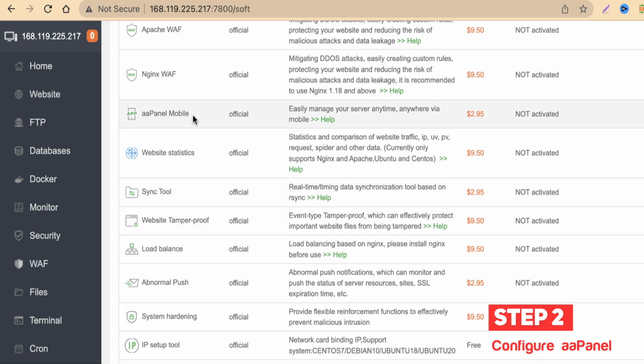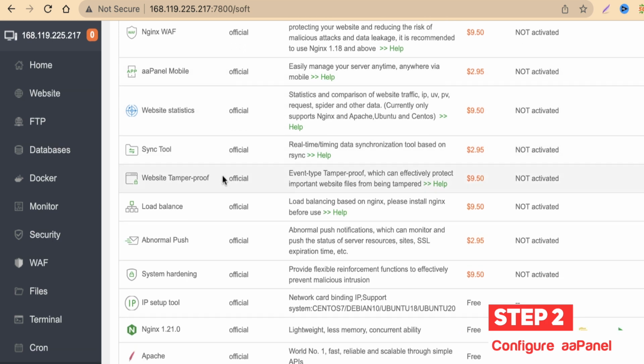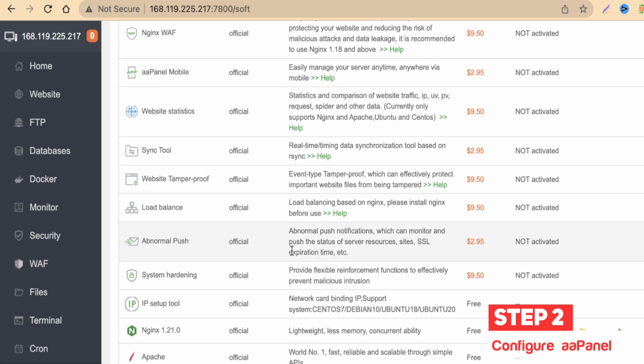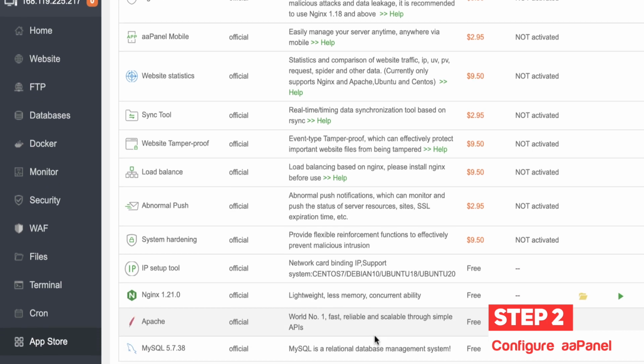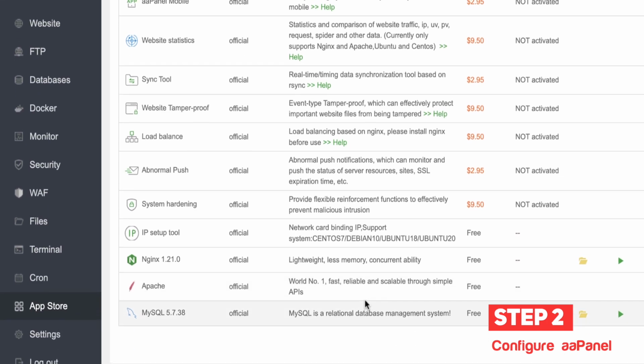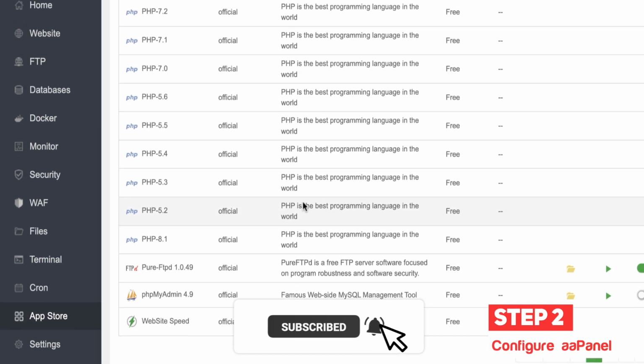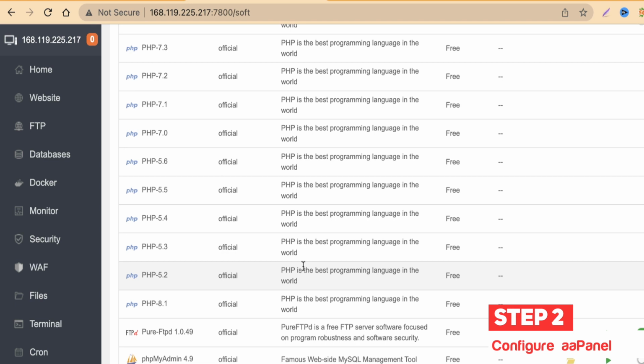You have Aapanel mobile. You can manage your server through your mobile, and it's only available for $3. It's actually nothing, so you can just buy it. So you have website strategies, all the paid stuff, but the thing is it has other applications available for free, like Nginx server is standard. You have Apache also. As we know, Vesta CP works on the Apache with the Nginx as the proxy server,